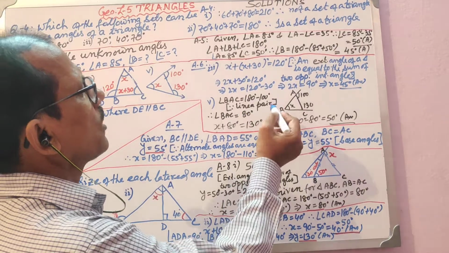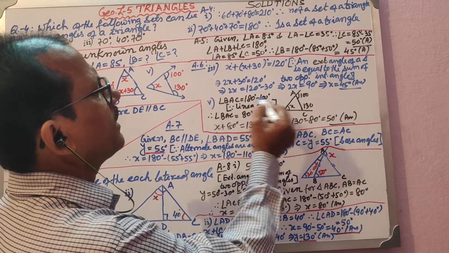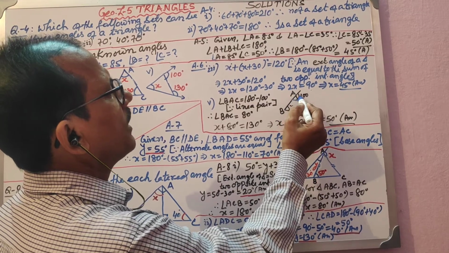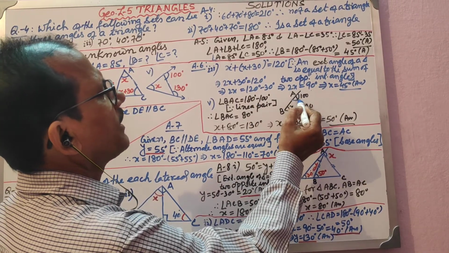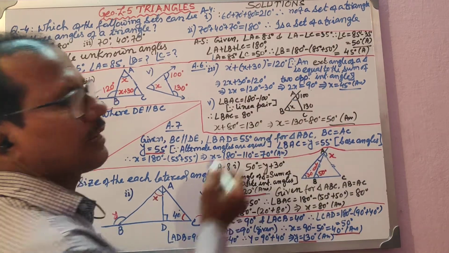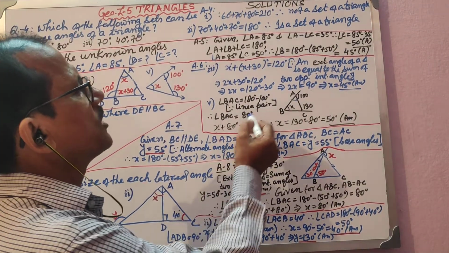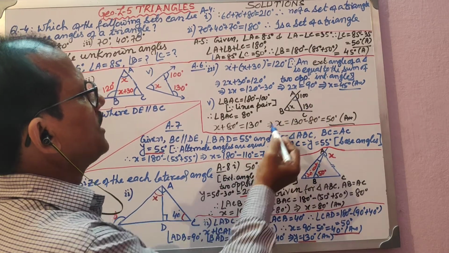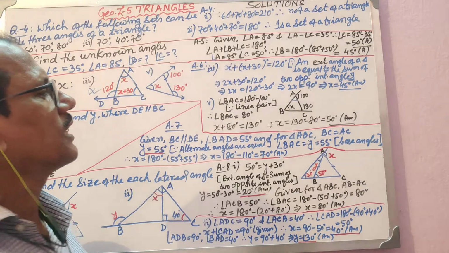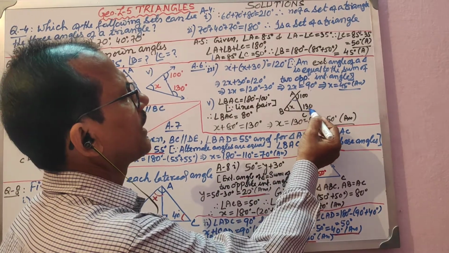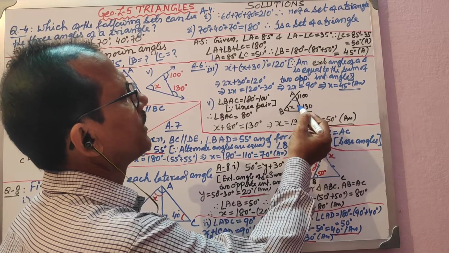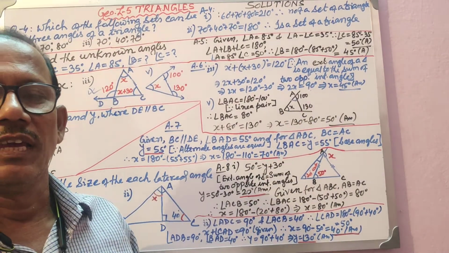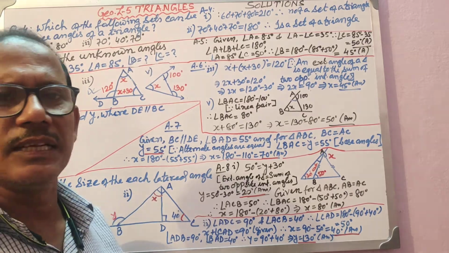So what have you done? Angle BAC will be 180 minus 100 degrees because they are linear pair angles, that logic you have written down. So BAC is equal to 80 degrees. This angle becomes 80 degrees. Now based on this angle you can find the interior angle as 180 minus 130, 50 degrees. So this is 80 degrees, this is 50 degrees. You can find the x value by subtracting from 180 degrees the sum of these two.